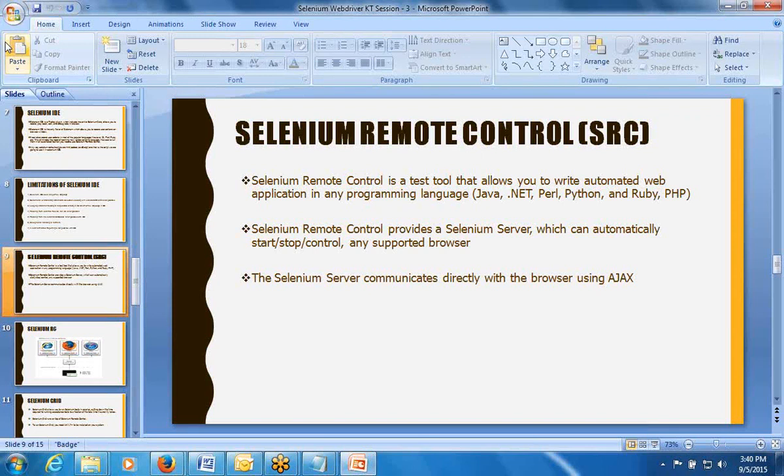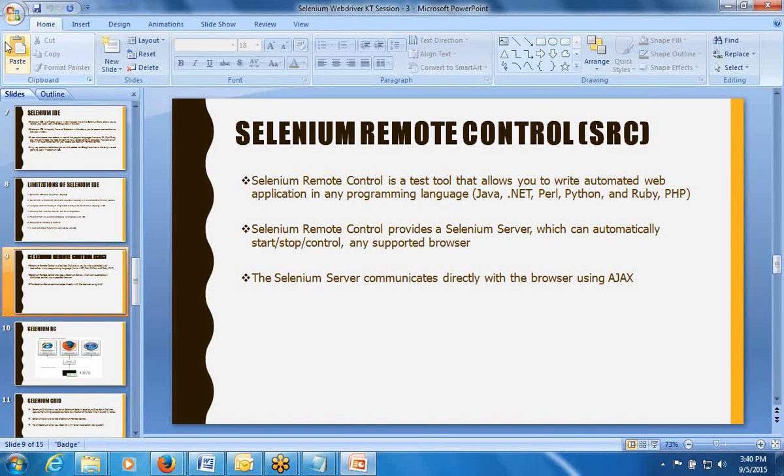So actually, if you want to see the Selenium architecture, this is the architecture. How this works: this is for Windows, Linux, Mac, any operating system as required. So this is IE, Firefox, Safari. The browser sits on top of Selenium core. Selenium core is nothing but the JavaScript which we have already developed, and for Selenium core this is with the help of the remote control server. This is the place where it will be accessing these browsers.